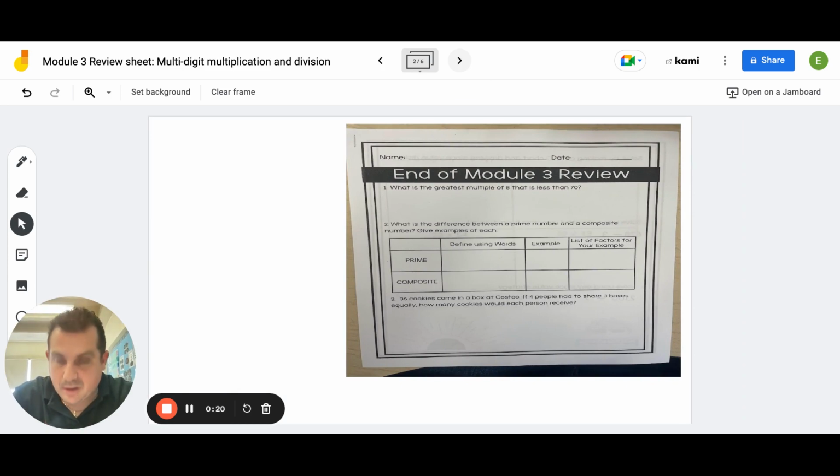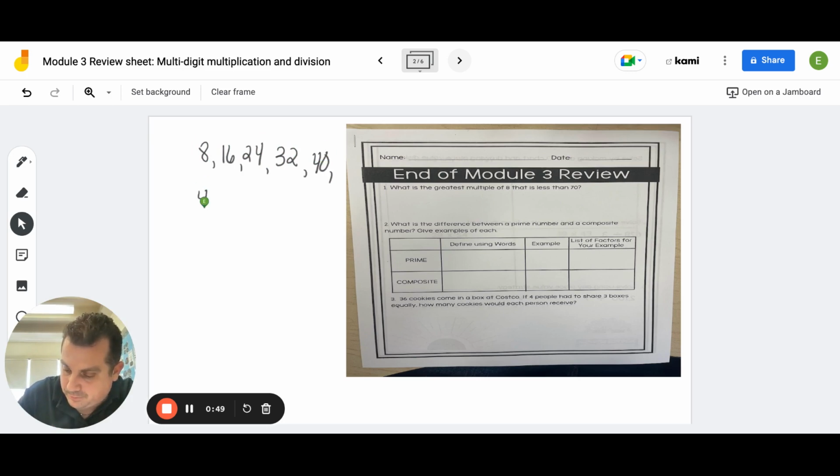Take a look here. Number 1 is asking you, what is the greatest multiple of 8 that is less than 70? For this one, all you need to do is list your multiples of 8. I'm just getting the right pen in here. So let's list our multiples of 8. We have 8, 16, 24, 32, 40, 48, 56,